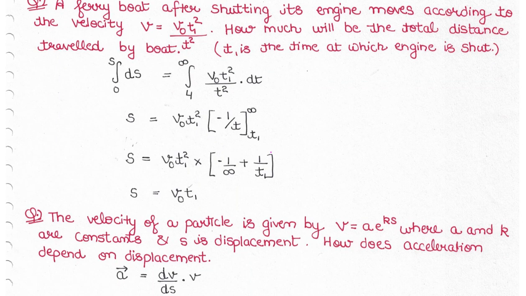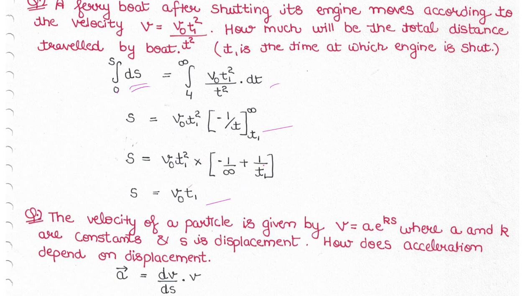Now if a ferry boat, after starting its engine, moves according to the velocity v is equal to v0 t1 squared by t squared, how much will be the total distance traveled by the boat if t1 is the time at which the engine is started? So we can write integral 0 to s of ds is equal to t1 to infinity of v0 t1 squared by t squared into dt, or s is equal to this